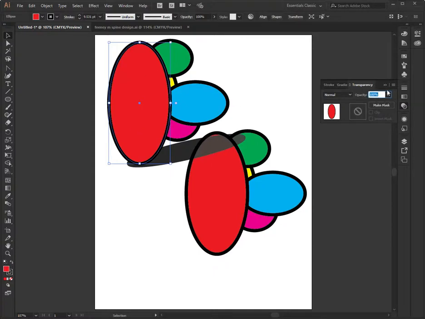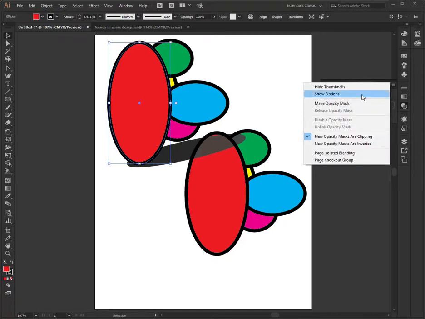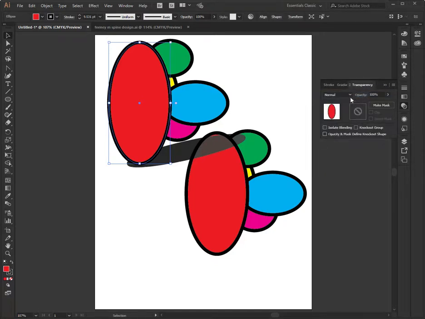All right, if you ever have a panel and you see these 4 lines, that means that we've got other options. Watch this. Show options. All right, you've got other things that you can do. You can work with opacity and masking to define knockout shapes. I'm not going to use any of these things just yet, but I do want to show you about the